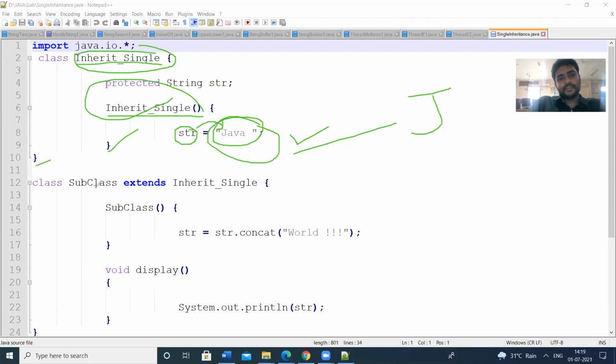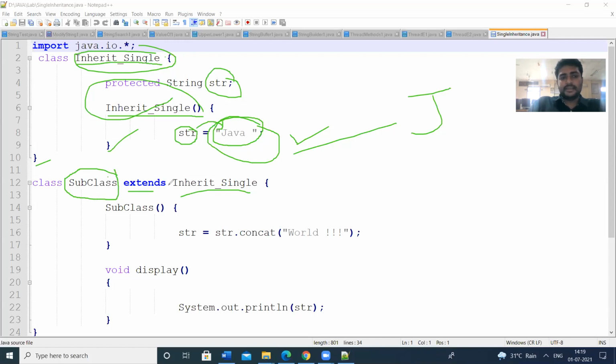Next I am defining another class. The class name is subclass. Here I am going to define another class, subclass, which extends the properties from inherit single. It means that the class subclass can utilize the variable string, can utilize the properties of the inherit single class.